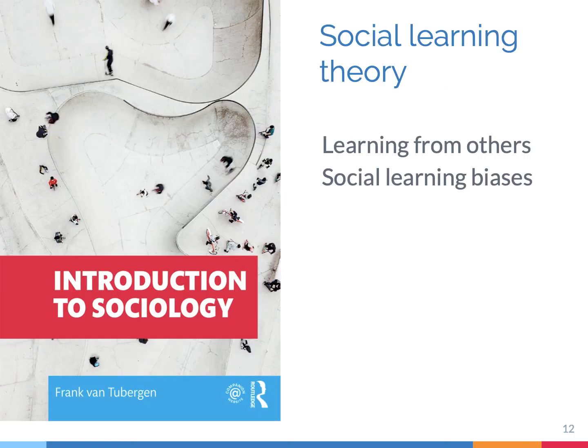In summary, social learning theory argues that people learn from others because they want to get a more accurate picture of reality. And this is a reason why we tend to be similar to the people in our environment. However, the degree to which we conform to the opinions of others depends on many different things, such as on the popularity of the opinion, exposure, status, and susceptibility. When you take these different social learning biases into account, you can better understand cultural transmission. And you can understand why sometimes people firmly believe in certain things that make no sense at all.